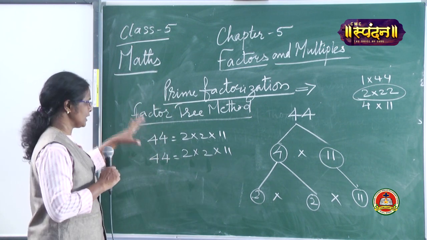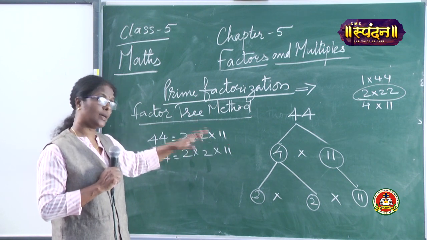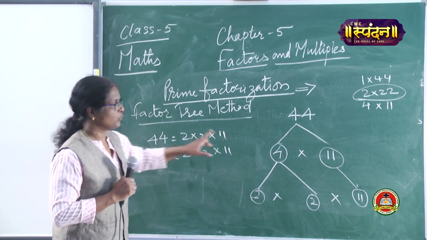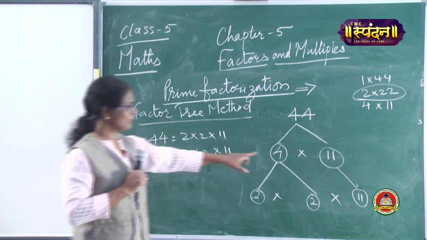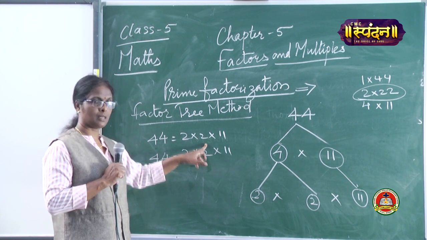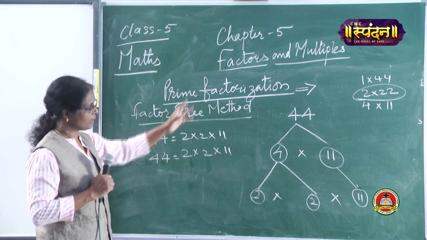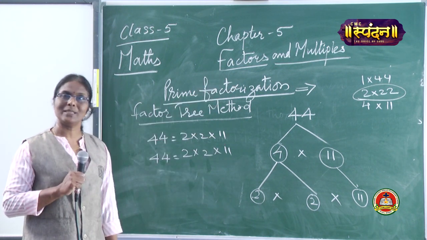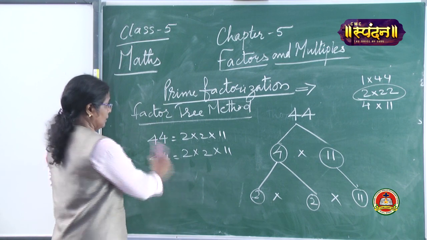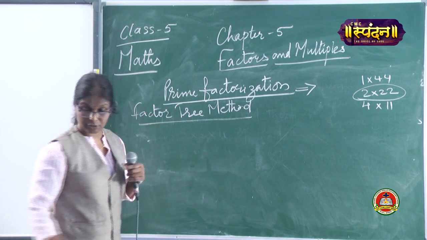Now you can see we have expressed 44 as a product of its prime factors. Here we are using only prime numbers. We can't stop at 44 is equal to 4 into 11. It is correct, but here 4 is not a prime number. We have to express that 4 also in terms of prime numbers. We have to split 4 again, so we have written 2 into 2 into 11. Previously, when you had taken 2 into 22, you also got the same answer, 2 into 2 into 11. So this method of finding the prime factors, or prime factorization, is called the factor tree method.